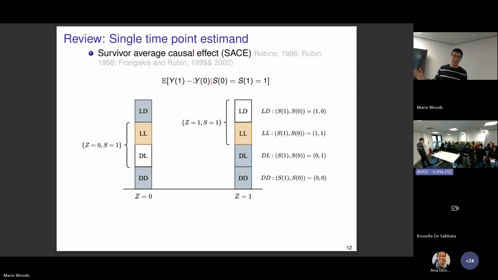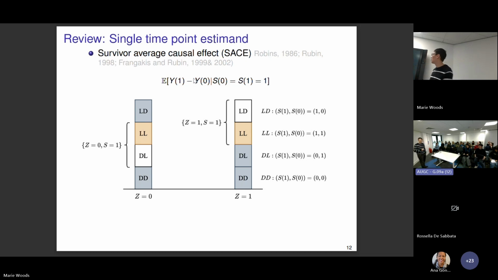So this is the estimate that causal inference people have advocated. The first time it showed up in the literature was in Robins 1986. Of course, no one read Jamie's paper back then. Then Don Rubin made this popular again in the principal stratification framework. And then Judea Pearl also sort of advocated for this. So this is one of the few examples where almost everyone in causal inference agrees. There are not many of them, but this is one of them, because it looks very convincing, right?